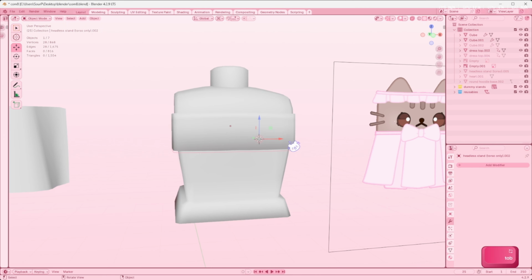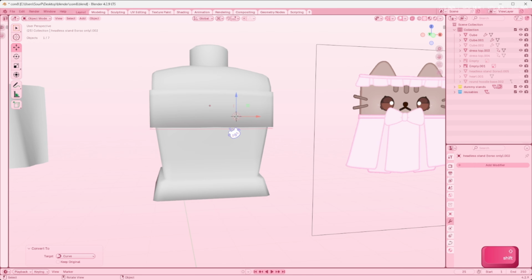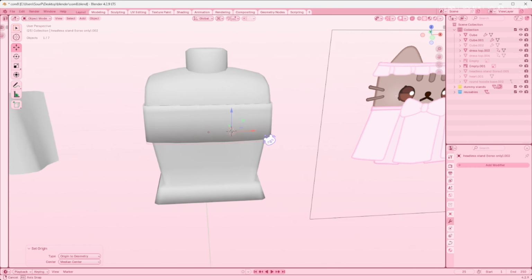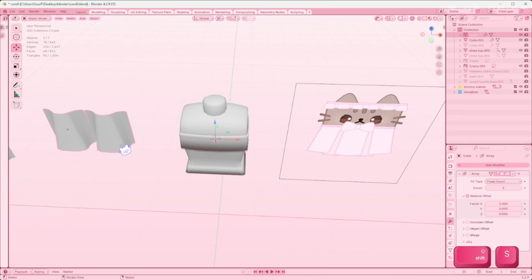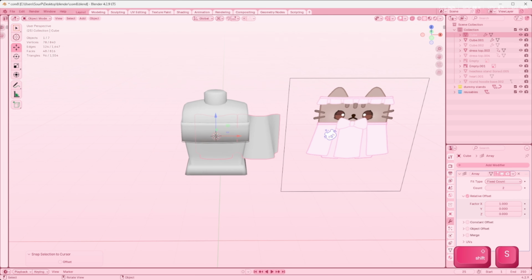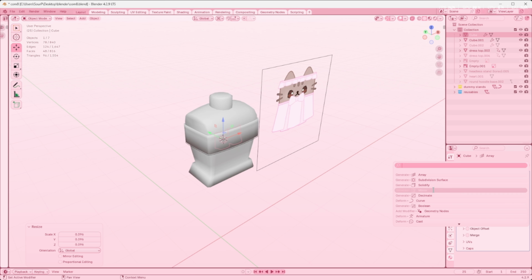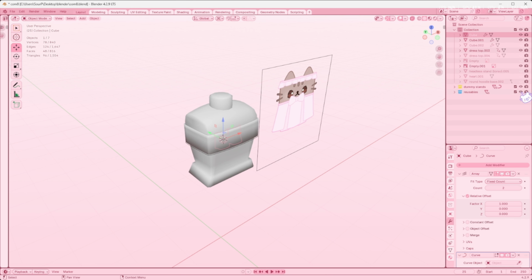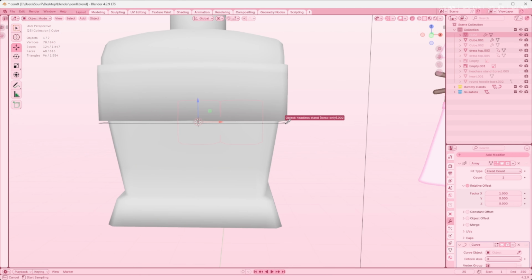Then we're gonna click this, and then we're gonna right click, convert curve, right click again, set origin to geometry. You want to move your cursor to the middle, so cursor to selected, click the ruffle, Shift S again, selection to cursor. We're going to just size it down just a bit for now. I'm going to do add modifier, curve. Curve is in here because it's off the dummy, so I'm just gonna